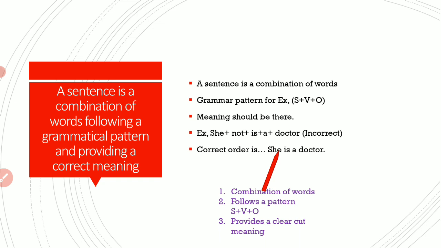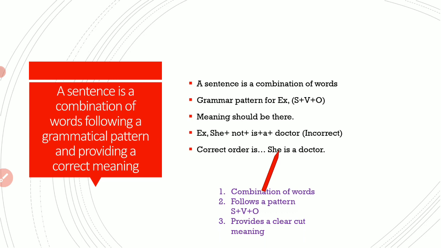She is the subject over here, and "is" is the verb over here, and "doctor" is the word which is a complement over here. So we can say that it is not following S plus V plus O exactly. These are some patterns, and the most important one is S plus V plus O. Doctor is a complement over here. I will tell you what is a complement and what is an object in the later videos.